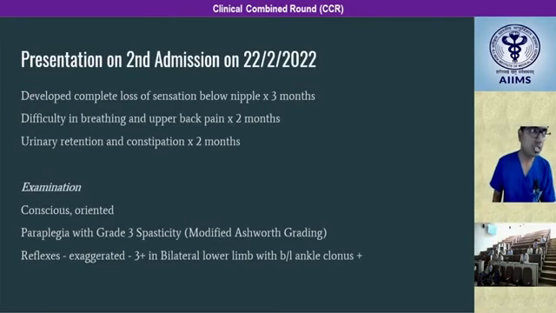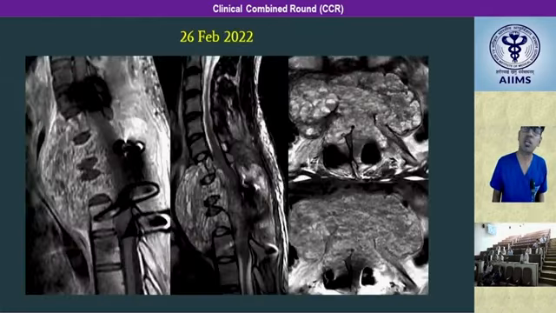The patient presented 6 months after the initial surgery, whereby the patient developed a complete loss of sensation below the nipple area since 3 months, and difficulty in breathing with upper back ache since 2 months, and urinary retention and constipation since 2 months. On examination, the patient had paraplegia with grade 3 spasticity, and reflexes were exaggerated in bilateral lower limbs with bilateral ankle clonus. I would like to call Dr. Sarik for